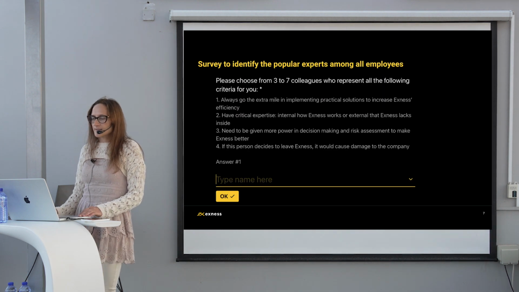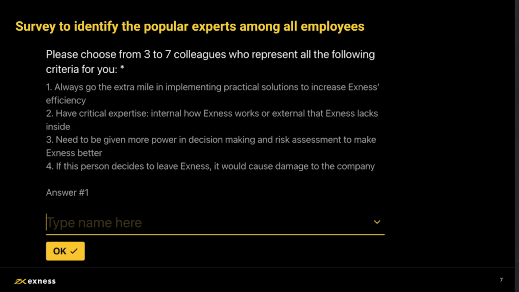That's why Exness ran a survey to identify the popular experts among all employees. They wanted these experts to be involved in the decision-making process, empower them to contribute, and reward them for this contribution.